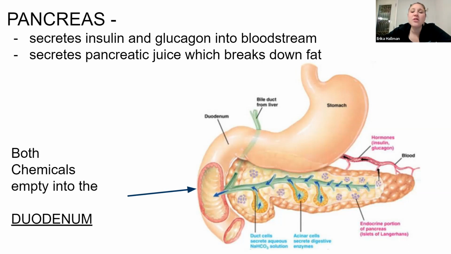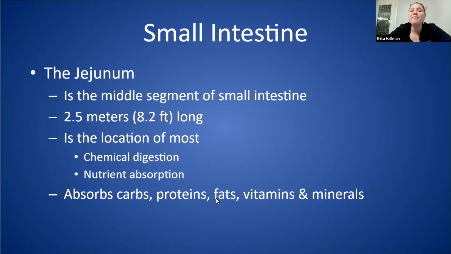The pancreas will also secrete what's called pancreatic juice, which is a bunch of different enzymes that will help us break down fat. Both the liver and the pancreas will combine from the bile duct, the pancreatic duct, and they will both dump into the duodenum, that mixing bowl. All right, so that's a lot for the duodenum. The mixing bowl has a lot of accessory organs, but let's move on to the next and the second part